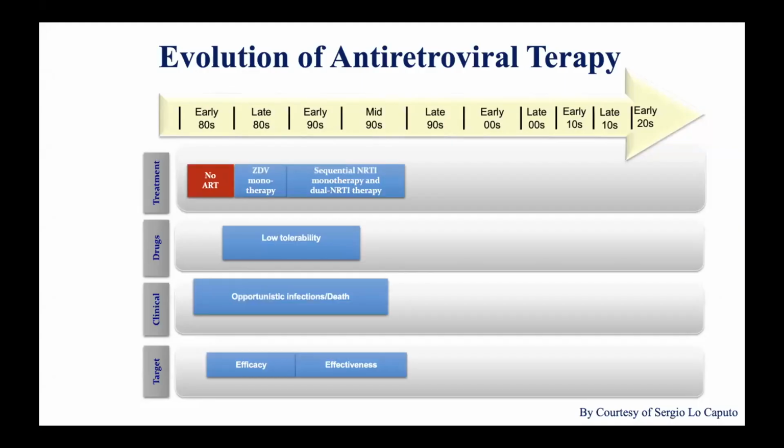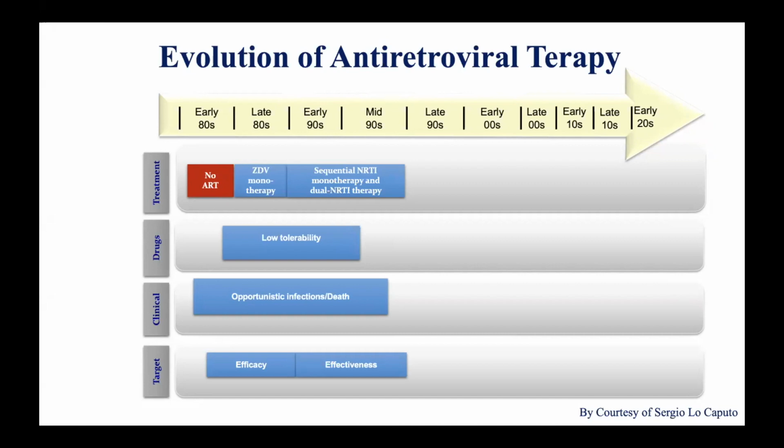So just I would like to make a summary of where we are today. We experienced an evolution of antiretroviral therapy. In the beginning, in the early 80s, we didn't have a treatment, but as Professor Richman said, after the late 80s, we were able to treat the patient with zidovudine monotherapy, and after with sequential NRTI monotherapy and the dual NRTI therapy. And at that time, the drugs had low tolerability,